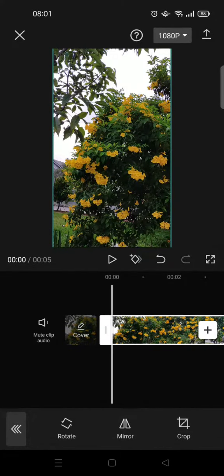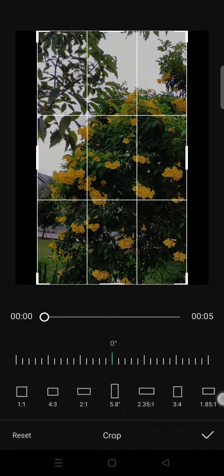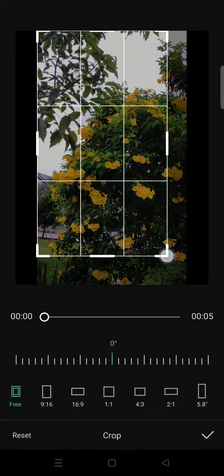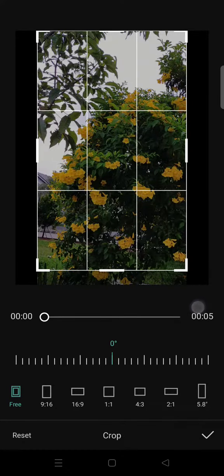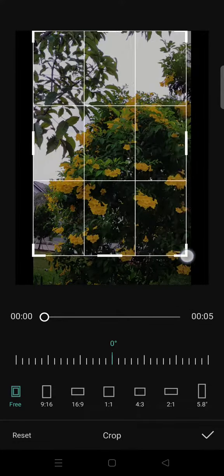So you just click on the crop tool. Okay, so here you can see there are so many aspect ratios that you can use to crop the video, but there is also a free one right here. So the free one is used when you want to just crop the size of the video as you like. You can shrink the video like this, or you can also